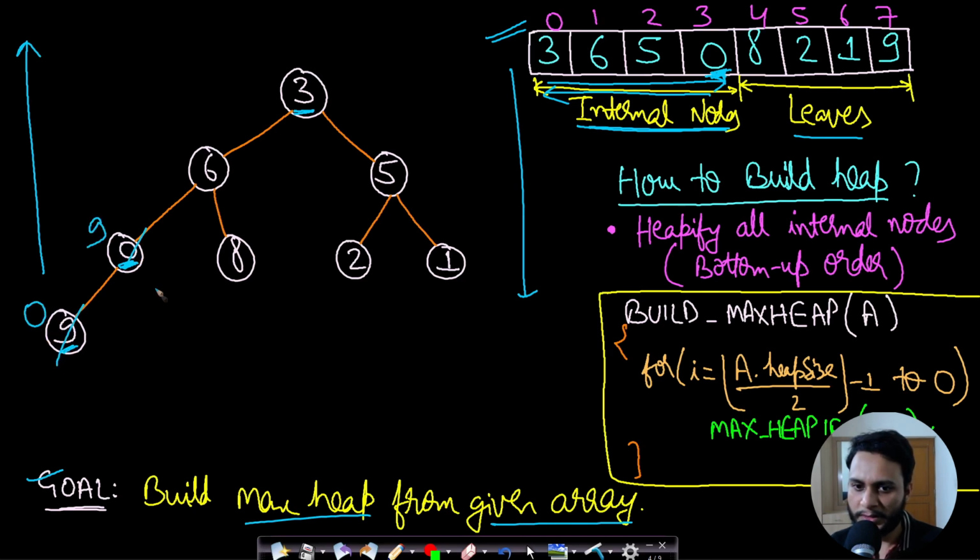Okay, so there is no right child, it is now heapified. Now move on to the next element. This 3 index is done, we will move to index 2, which is 5. Now at this 5, is there any element which is greater than 5 in the left as well as the right child? No, there is no such element. Therefore, this is already heapified.